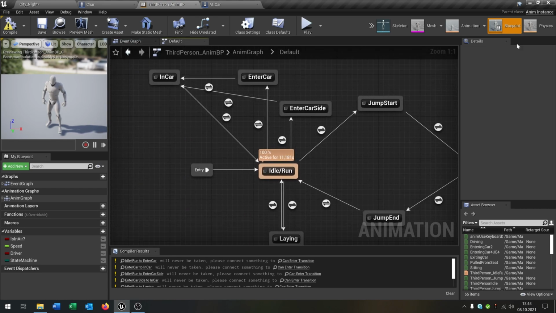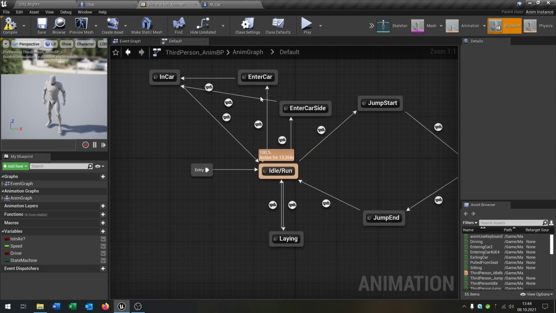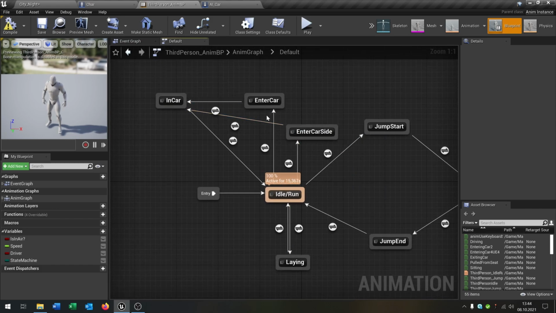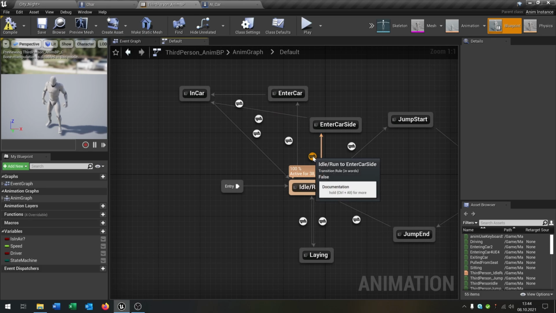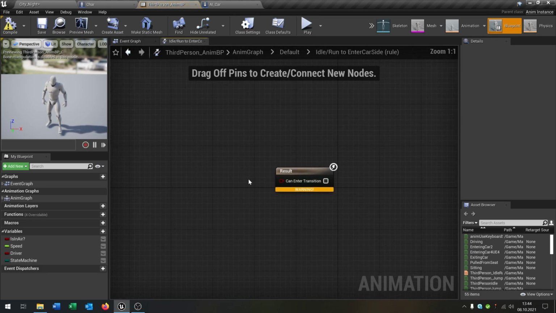We have our different states here already prepared. Simple ones, like from idle to laying, or a little bit more complicated, from idle to the enter car state, and from the enter car state to the in car state and back to idle. Of course, you can create a transition from the in car to the exit car and then to idle, but let's make it simple. So we go to the transitions and